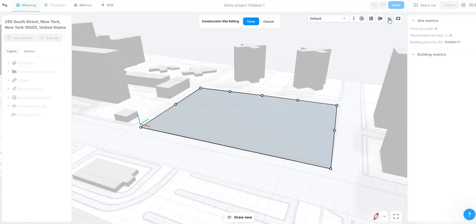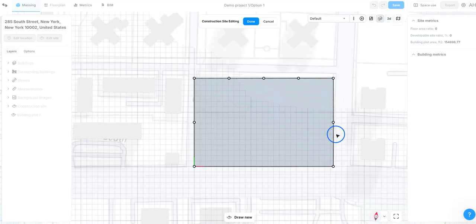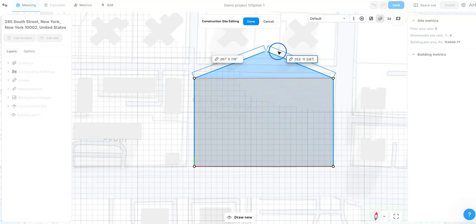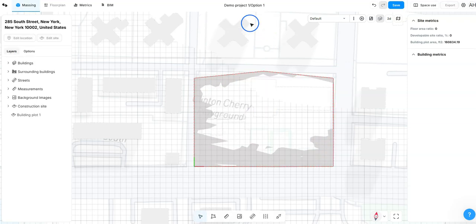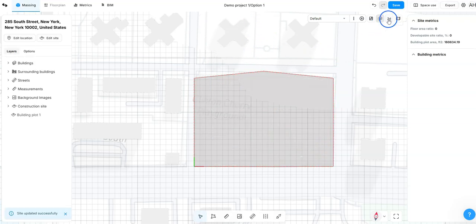Now I'm going to switch from a 3D view to a 2D view, and all I need to do is select one of these points and simply drag it, alter it, change it, or I could simply go through and draw a completely new site. Whatever edits you want to make, you can do this at any point within the process. And once you've made those edits, all you need to hit is done, and your new site will then appear